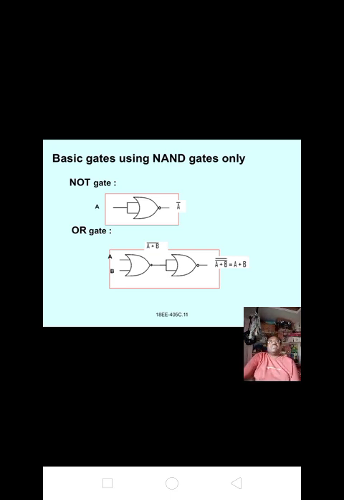Next, basic gates using NOR gates. Here I have given an input, the first input to the NOR gate, we get the output Y equal to A bar. For OR gate realization, we are taking only two NOR gates. First NOR gate has two inputs and second NOR gate has a single input. A and B are the inputs for the NOR gate. We get the output (A plus B) bar. That (A plus B) bar is again given to the second NOR gate. We get the output (A plus B) whole bar bar equal to A plus B. We get the output of OR gate.